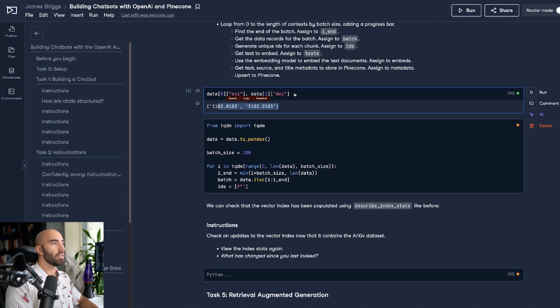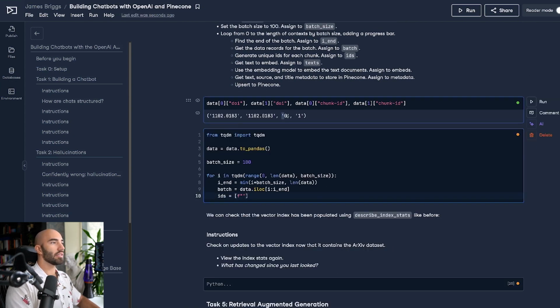And the other ID that we do have here, if we take a look at the chunk ID, okay, then we have something that changes between chunks. So we're actually just going to merge those both together.